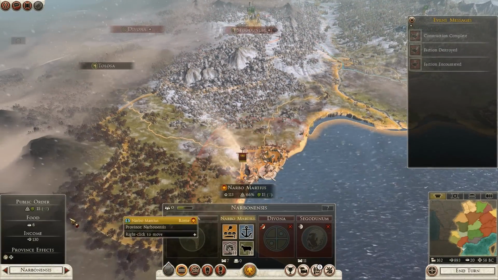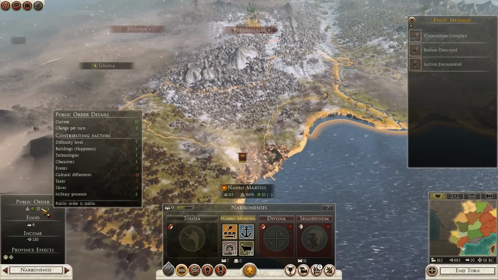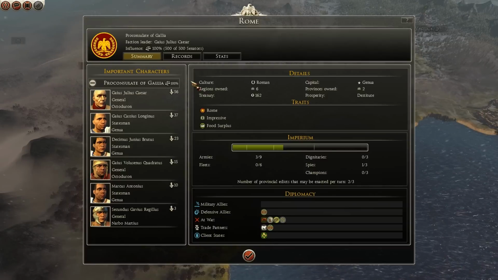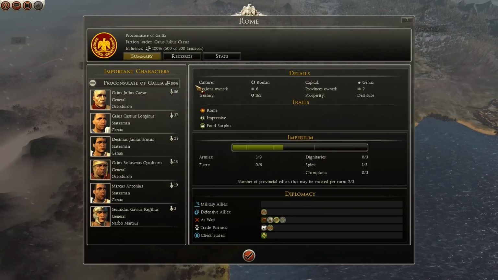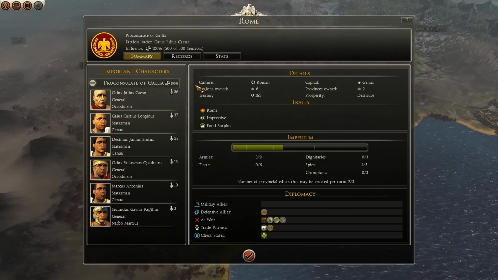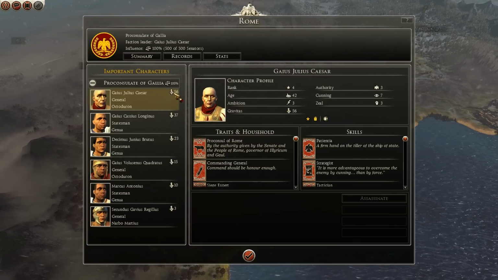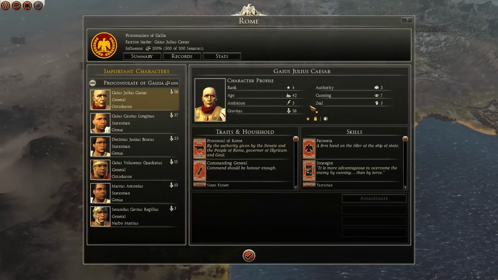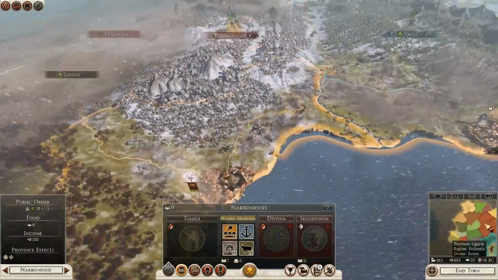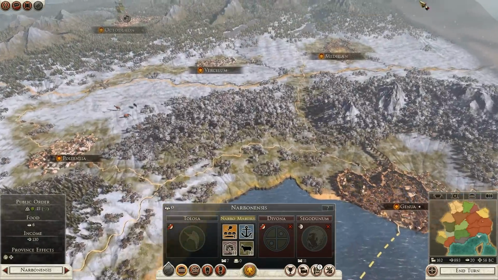Narba Martius has actually got worse in terms of the public order due to events, apparently. Let's have a look at how Rome's doing up here, though. So we have the Proconsulate of Gallia. Gaius Julius Caesar still the highest in terms of gravitas. Not sure if that even causes a civil war in this particular DLC,